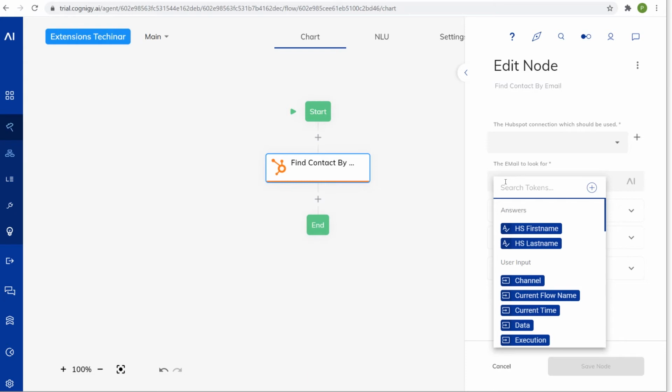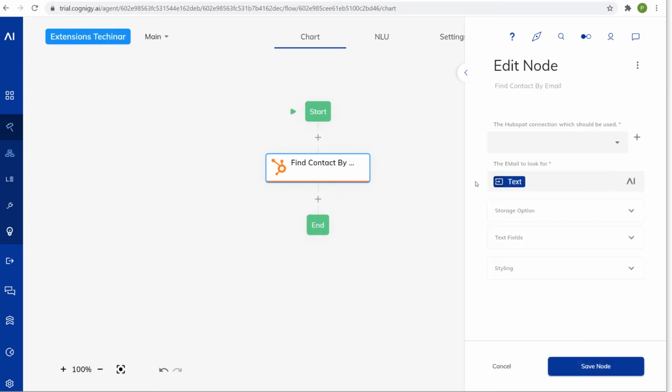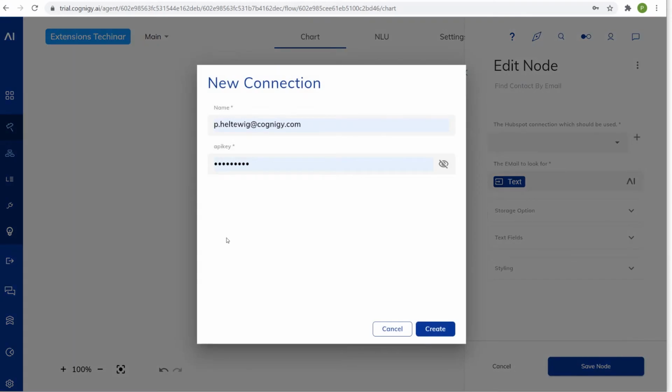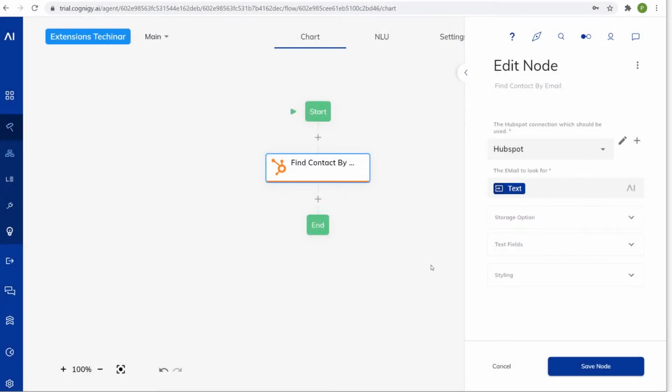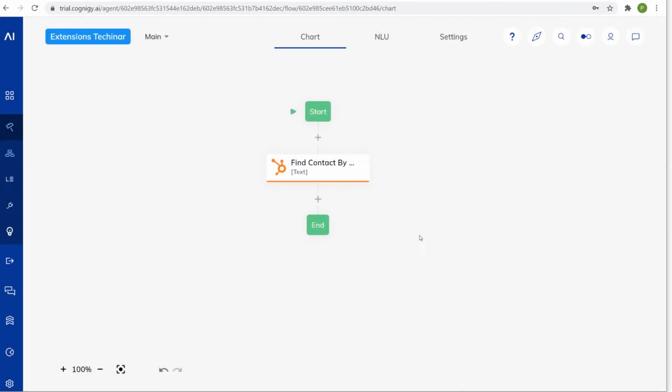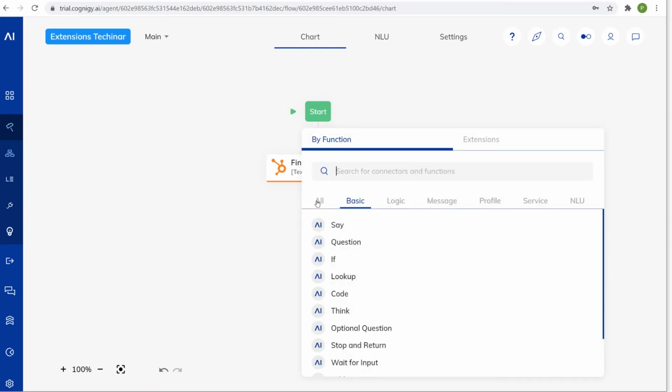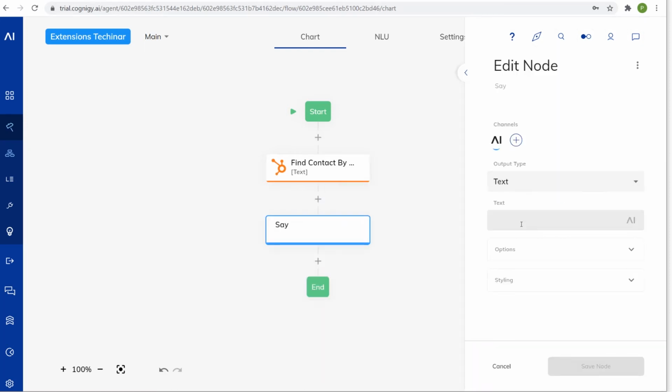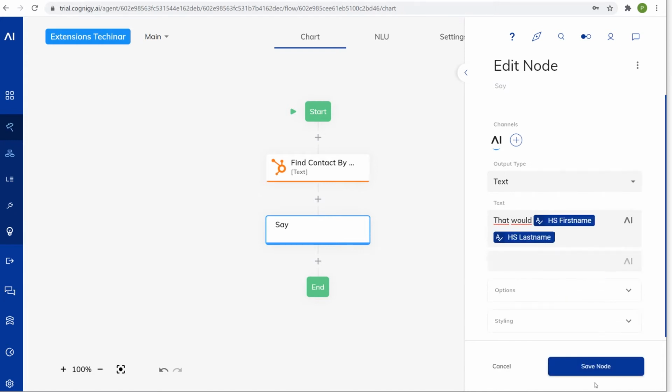And here we could now go and add this information to get some information. So why don't we do that? We'll say, okay, we want to build a bot that retrieves information, first name and last name, for an email address from our HubSpot installation. So we pop the text in here, and we need to create a HubSpot connection, which we'll quickly do. So we'll call it HubSpot, and here I need to paste our API key. Here we go. I create this connection, I save it, and this is now done. And I can now output the results of that node. And I believe this node actually exposes some tokens as well. So the first name from HubSpot and the last name from HubSpot.